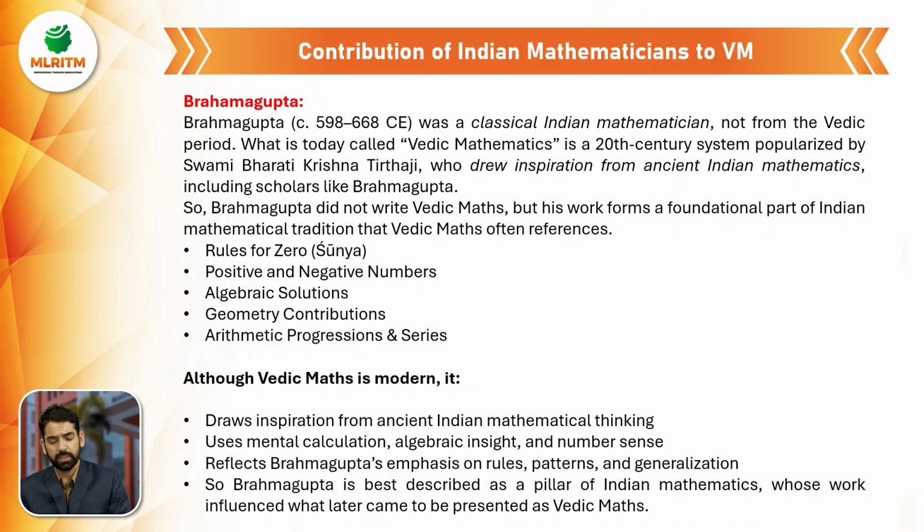But even though these mathematicians lived way before Vedic mathematics, so they are not related to Vedic mathematics directly, what we can say is Bharati Krishna Tirtha ji, when he found and popularized the system of Vedic mathematics, drew inspiration from those methods that were already given by Indian mathematicians in the past, like Brahmagupta and Varahamihira ji. So the important contributions of Brahmagupta ji are rules for zero,